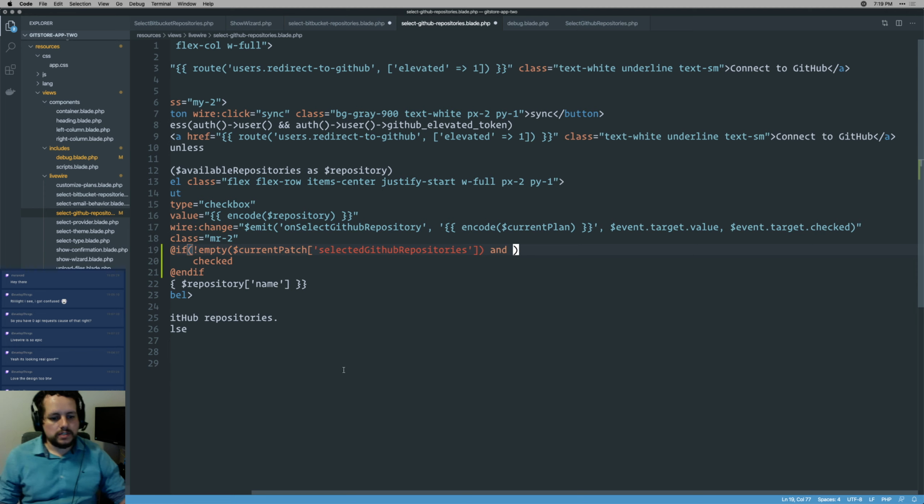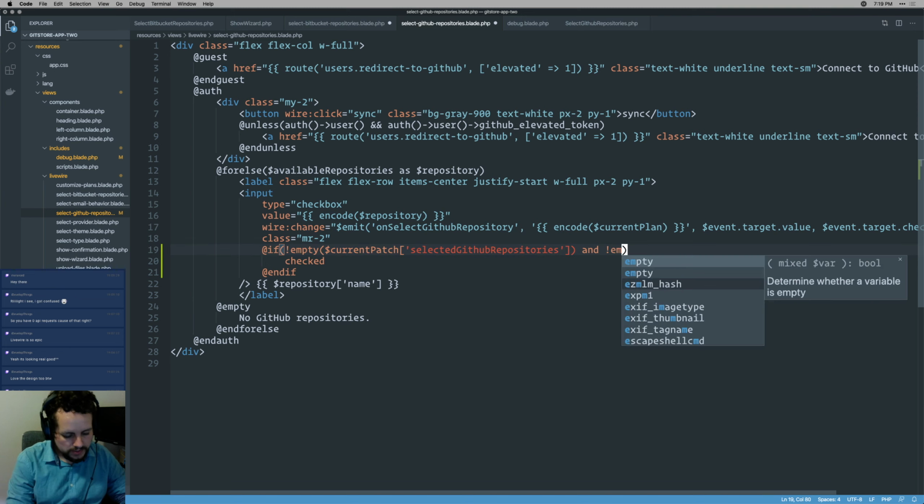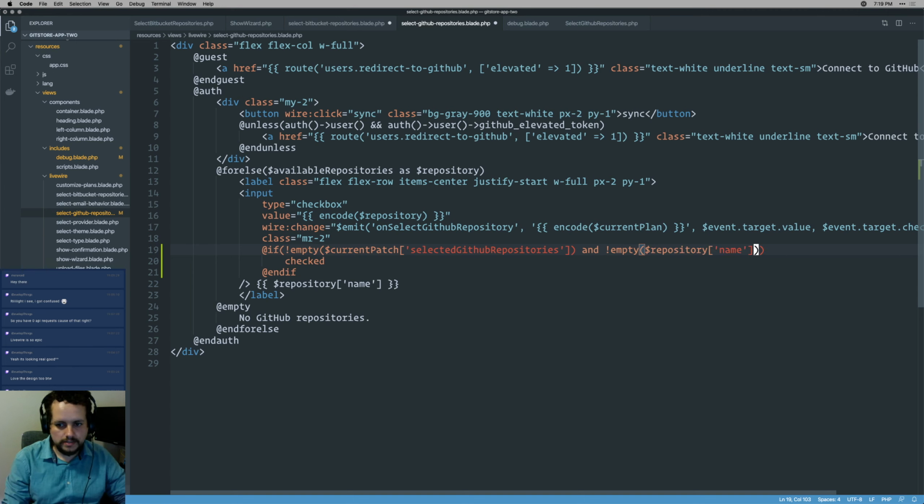Let me explain my reasoning before I do it and even know that it works. If current patch selected GitHub repositories is not empty, it means I have a default value in the current patch. The current patch is not null. So that's a guard against current patch being null when the session's just been flushed. Now, assuming I have an empty array here, I should be able to say not empty, that this,